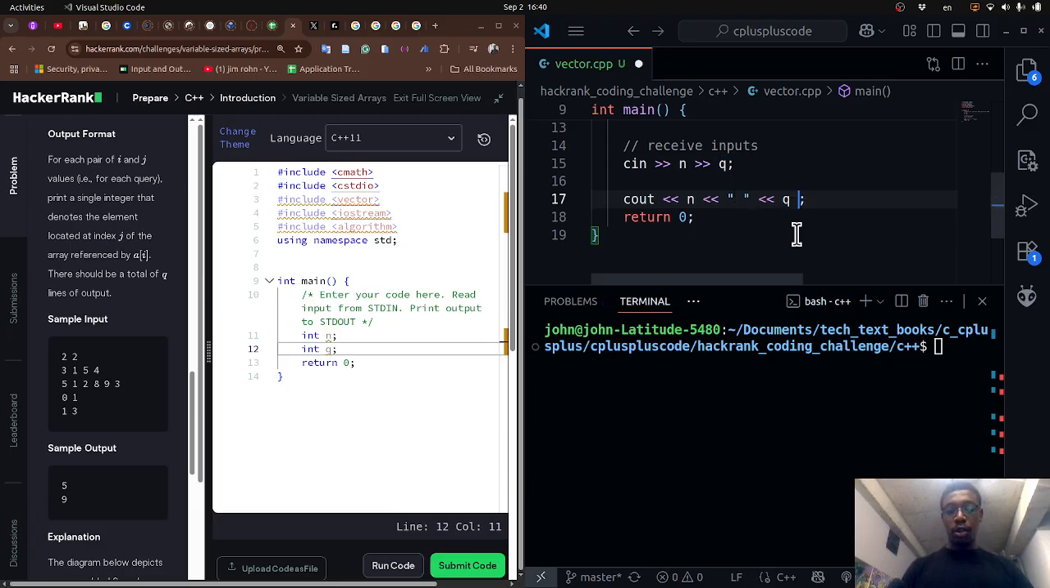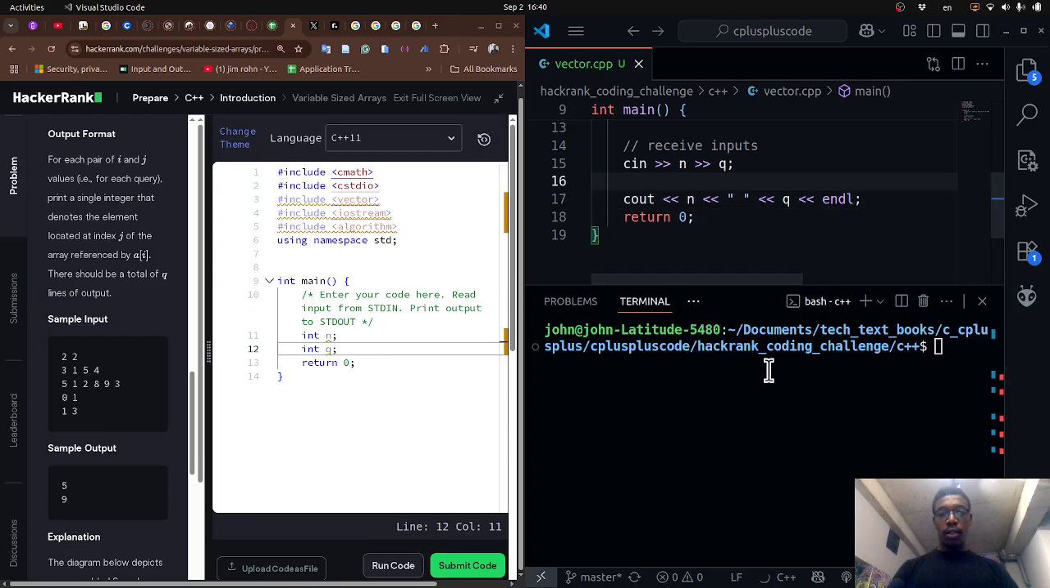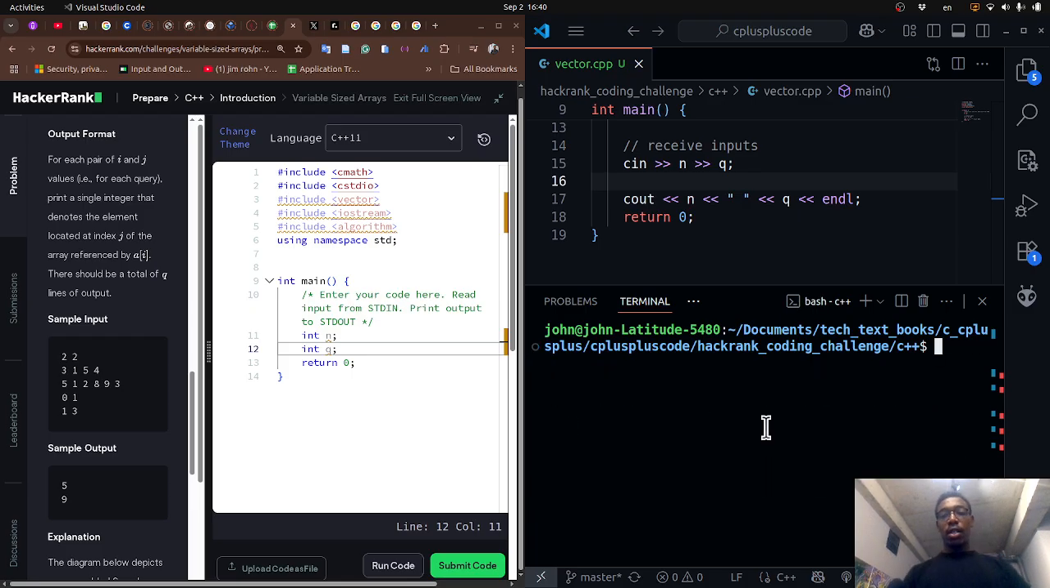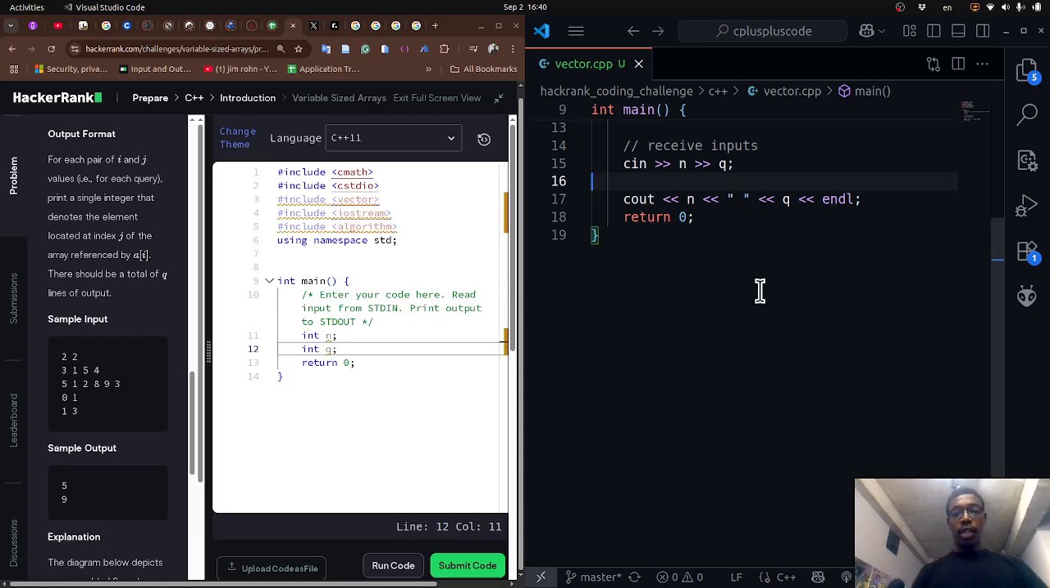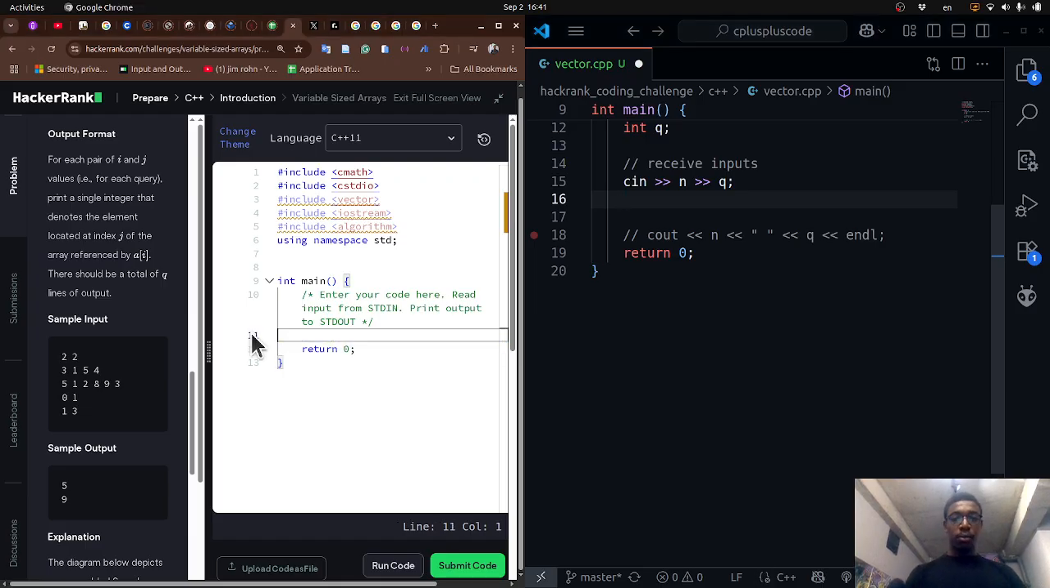So maybe I should come here and say line. But this is just one way I solve problems in programming. I just try to print the values out to be sure that I am on track. So after doing that, the next problem that we need to address, let me clean this up,